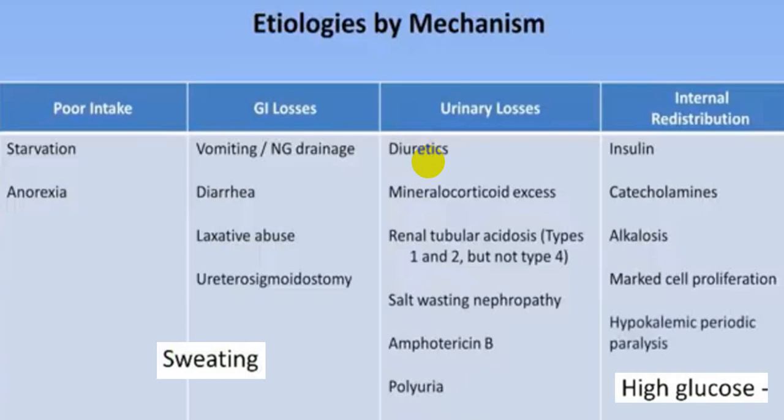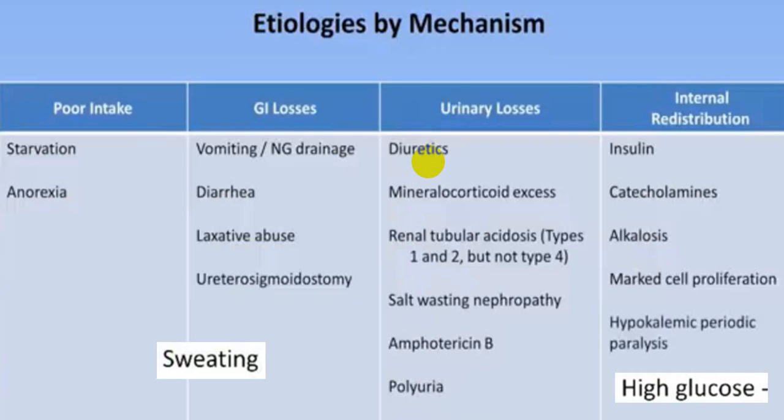got a renal tubular acidosis of variety type 1, type 2 more common, but not seen in type 4 variety, or Bartter syndrome, that is called renal tubular acidosis. There are some other varieties of nephropathy we call the salt wasting nephropathy, like Gitelman syndrome, etc. Some drugs like amphotericin B can also produce excessive urinary potassium loss, polyuria. Even hypomagnesemia can also produce potassium loss in urine. This will be a good number of conditions which can produce renal losses.